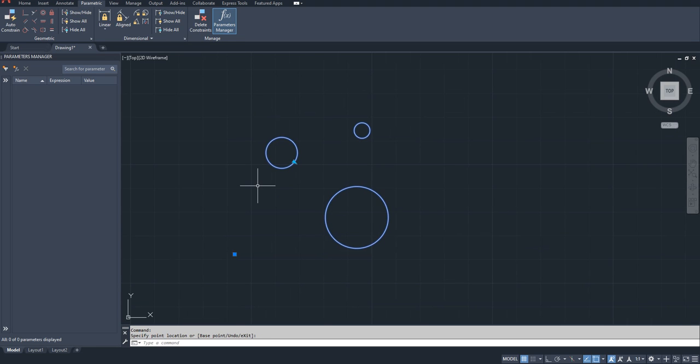There are other constraints as well. Geometric constraints are there, dimensional constraints are there. Within a dynamic block you can use any of these constraints, and with these options inside a dynamic block, it's a very powerful way of working with blocks, and it is opening up so many possibilities for you. So I would strongly recommend you go through these and try to understand what is what. These geometric constraints are also very powerful tools, so explore them and learn. Okay, thank you.